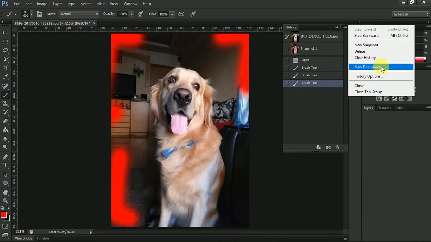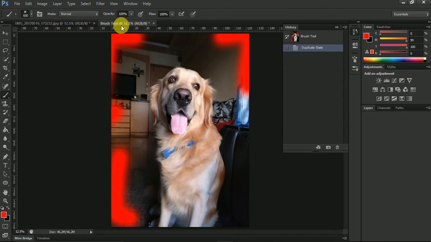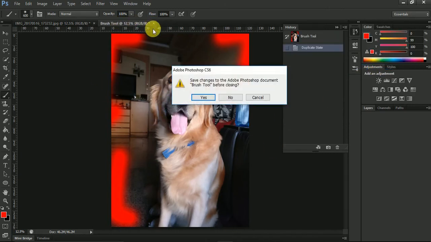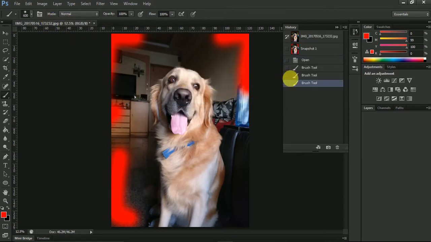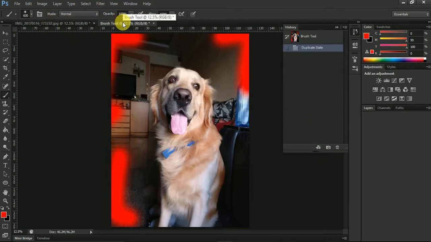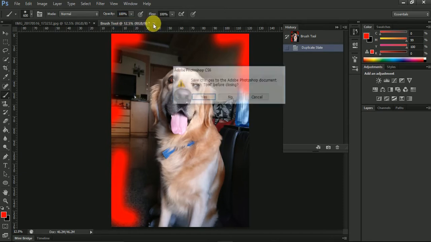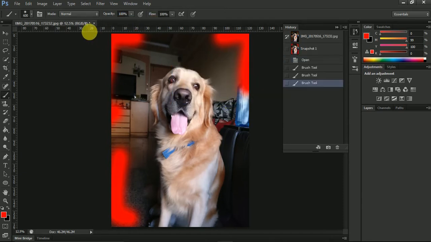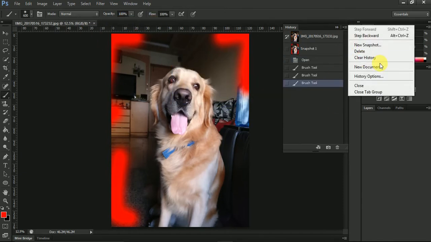The new document option basically allows this entire picture to be recorded in a new document. So let's click that and see we're here in a new document and this picture is open in a new document. I can also open a new document from here. A lot of shortcuts. Photoshop actually gives us a lot of shortcuts, so that you know the shortcut for a new document. Now close and close tab groups are just obvious options,